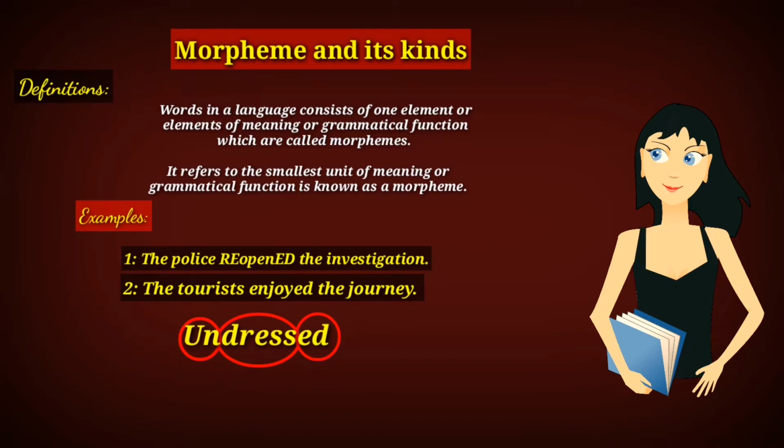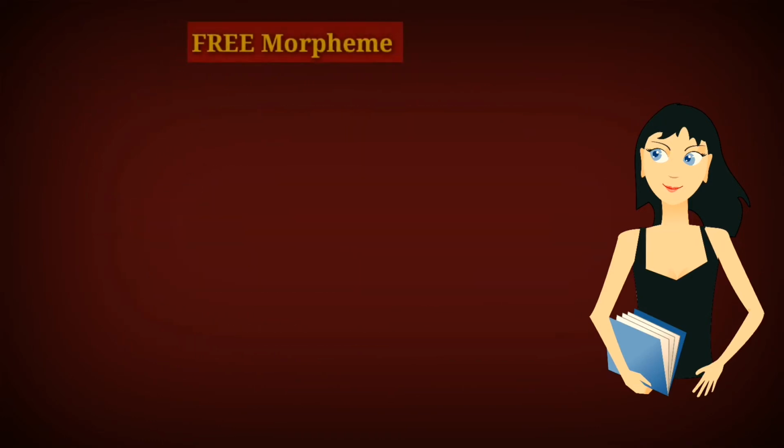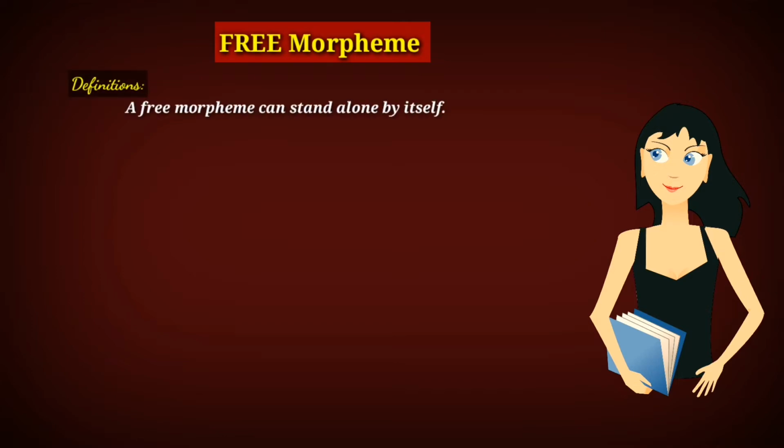Now, let's move on and learn kinds of morphemes. Free morpheme. The first kind is free morpheme. So why is it called a free morpheme? It is called a free morpheme because it can stand alone by itself like a single word. For example, the word man is a free morpheme because it can stand alone by itself. Simply, all words which can stand alone by themselves are called free morphemes, such as boy, man, girl, house,